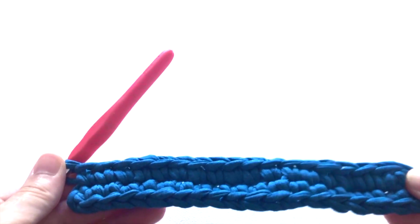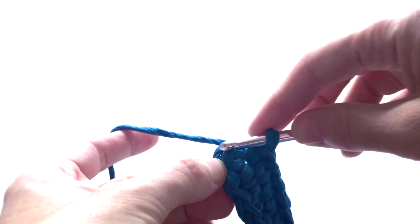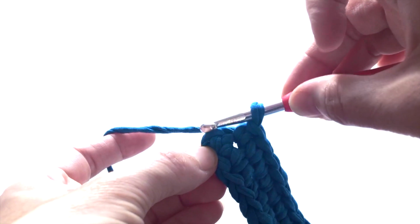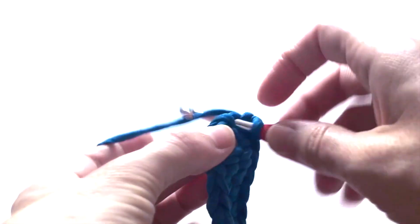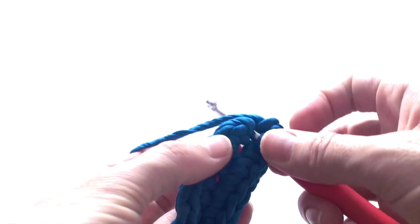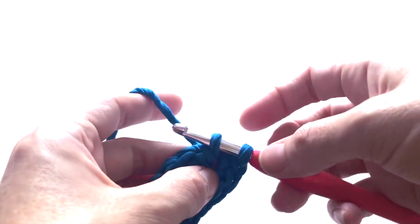Okay, here we are. These are the 17 stitches. Now, as you know, here I have these 2 chain stitches that I skipped in the beginning. In the first one, this is the second one and this is the first one. In the first one I will insert the hook and I will do here 1, 2,